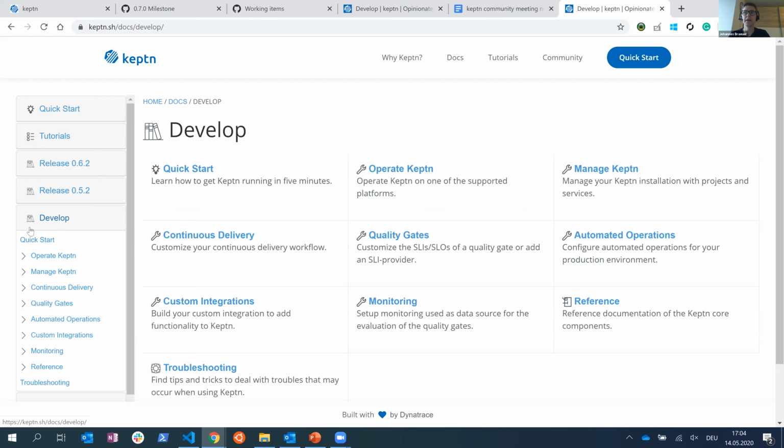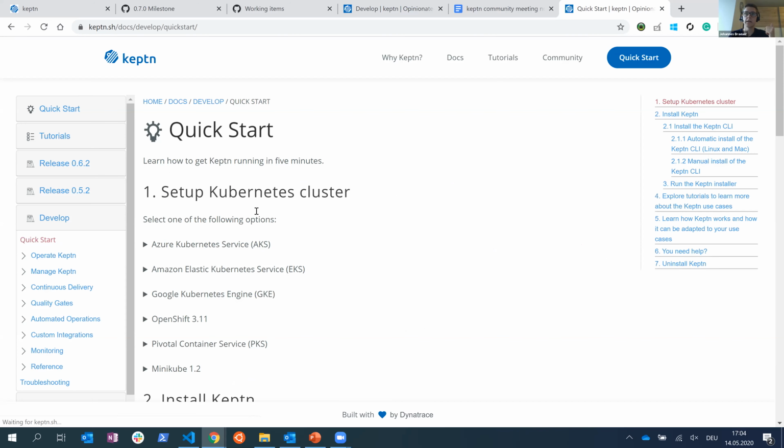Still at the top of this menu is a quick start, so that everybody who is new to Keptn gets a one-pager. In this one-pager, the person can set up a cluster, install Keptn, get a link to the tutorials, and also a link to